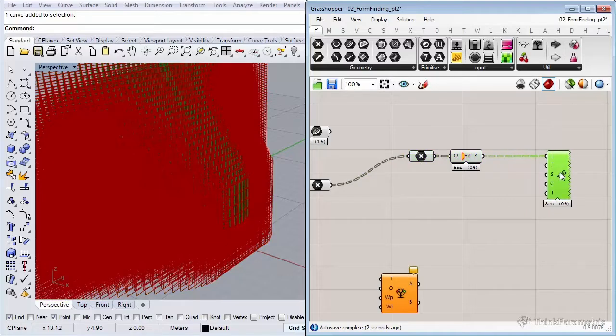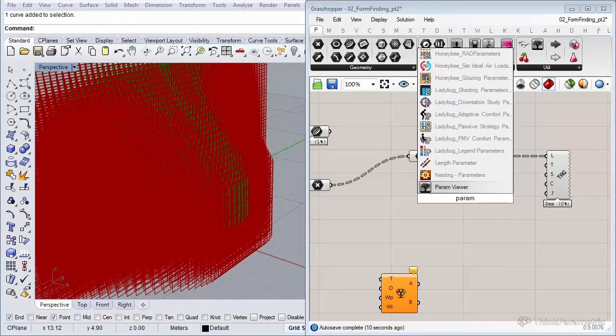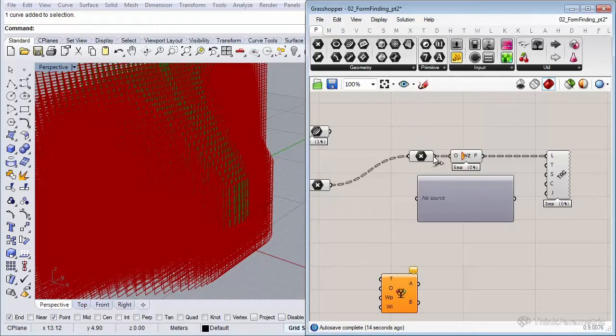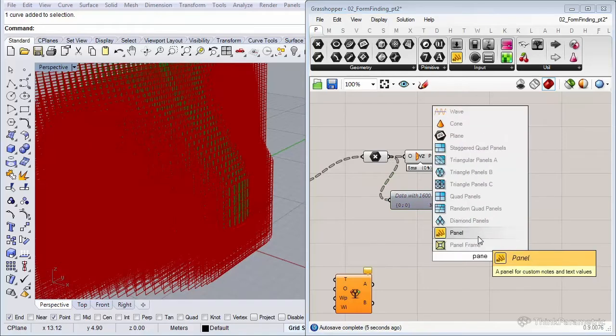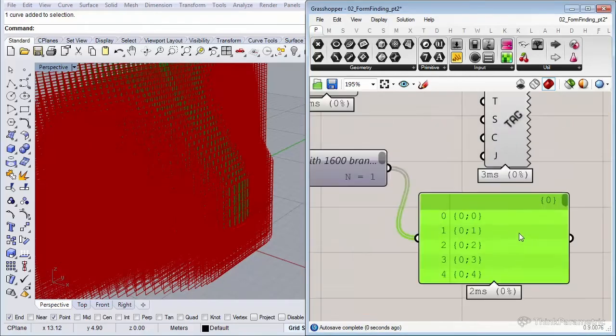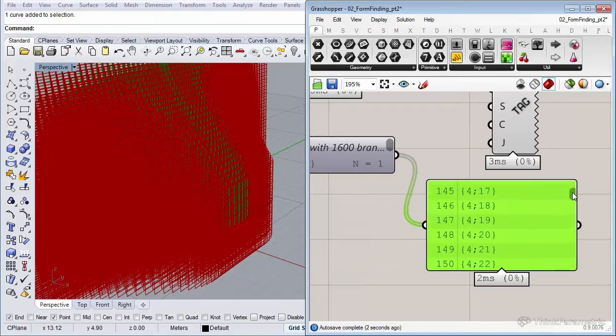Now the text we want to display, those are going to be our branches. And there's a nice way to retrieve the branches with a parameter viewer component. So let me connect a panel. So these are all the tags. Coincidentally, also the data structure we're going to use, but those are also going to be the tags for all our bricks. So these are the ones we want to be displayed.